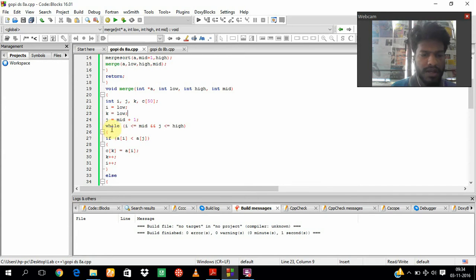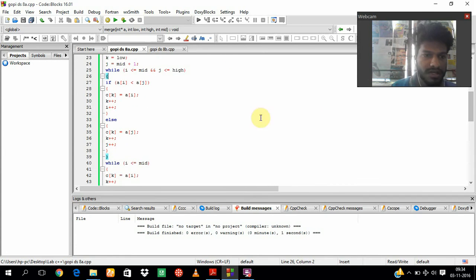plus 1. So I created a while condition as i is greater than or equal to mid, and j is greater than or equal to high, and also another if condition as a of i is greater than a of j, so it will be like c of k is equal to c of i, so k keeps on incrementing, and also i, and else c of k is equal to a of j. So again the value of j will be incremented as j plus plus and k plus plus, and